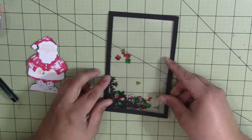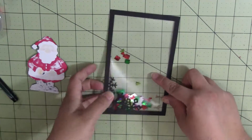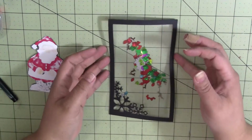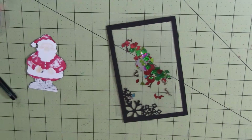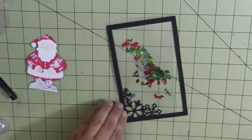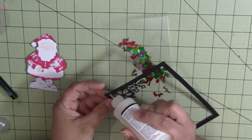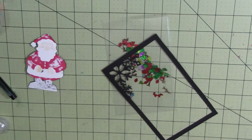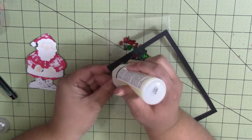And okay, I'm going to kind of chase everything to the center while I do that. And I'm just going to use some glossy accents because it's nice and sticky and it works well. After I reopen it. Okay. Alright, so now